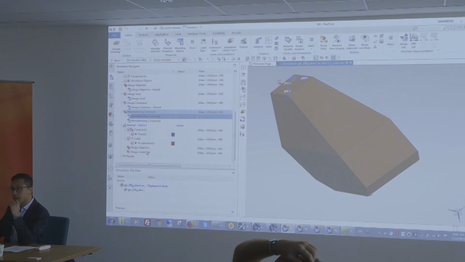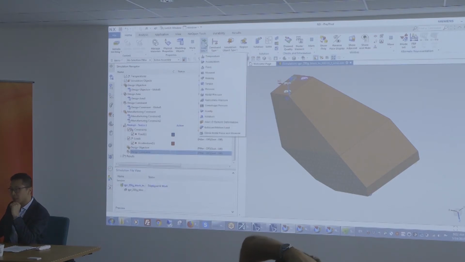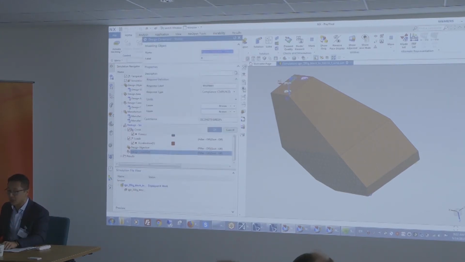Can you run it for different types of load scenarios, like thermal loads? Yes, so using NX Nastran, we have temperature, we can apply heat loads in the Nastran model. We can apply different kinds. All the loads that you typically see in a SimCenter Nastran solution, you can apply here. Now I'm only showing static subcases, but in just a moment I'll show the different subcases that we can apply. One thing I'd like to add here is in terms of design constraints, I forget.